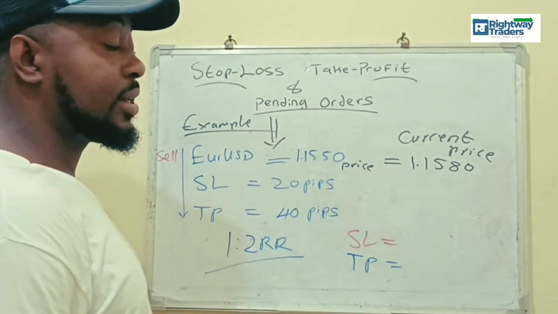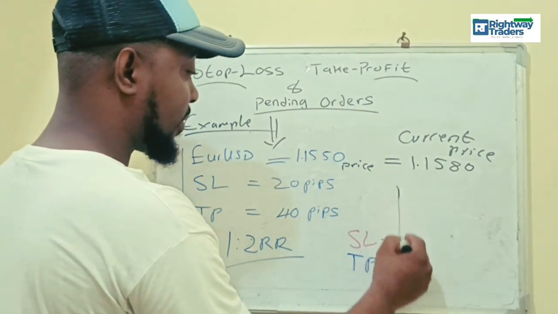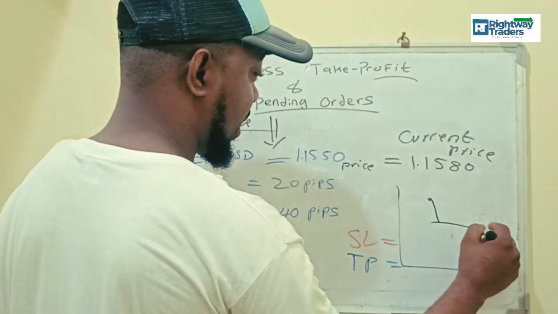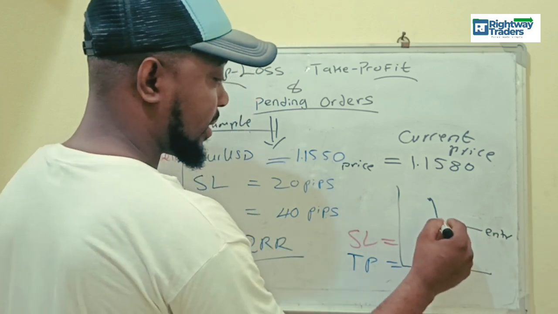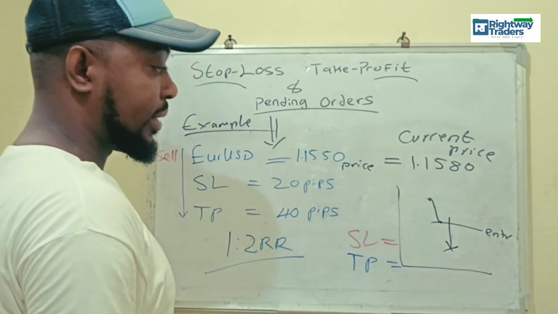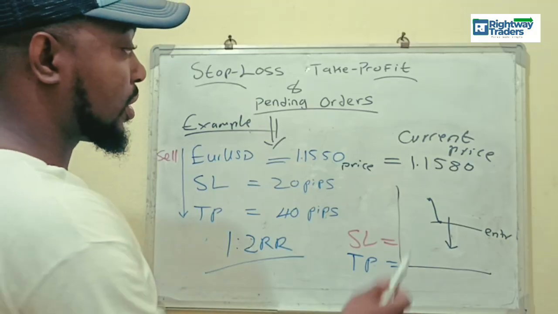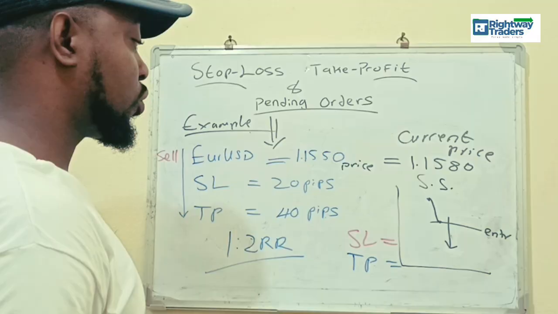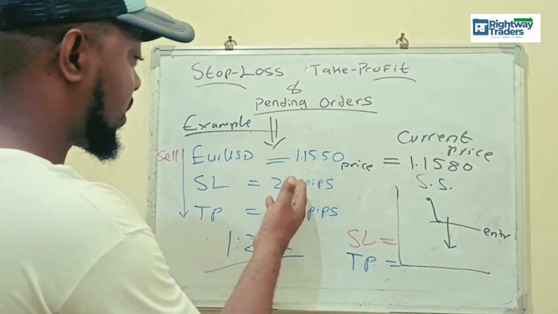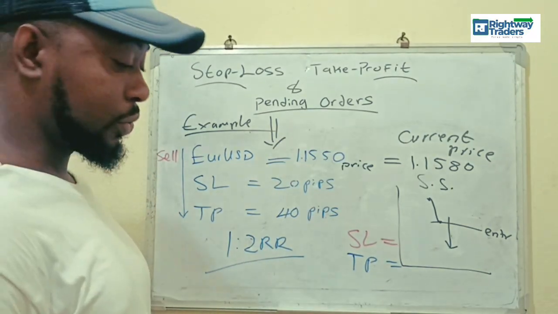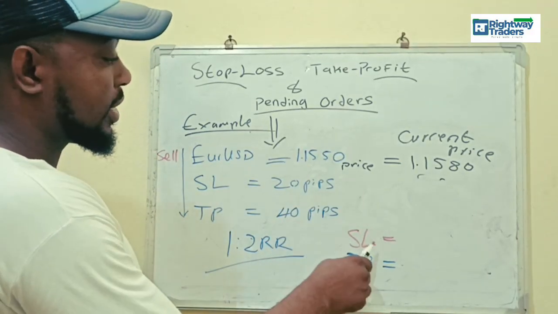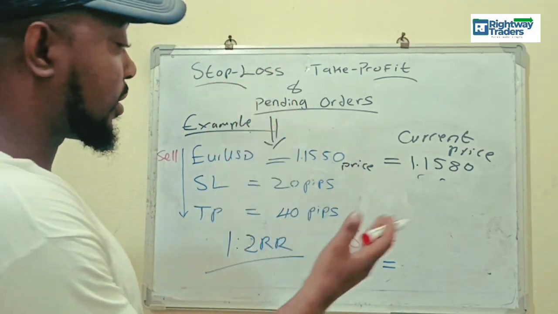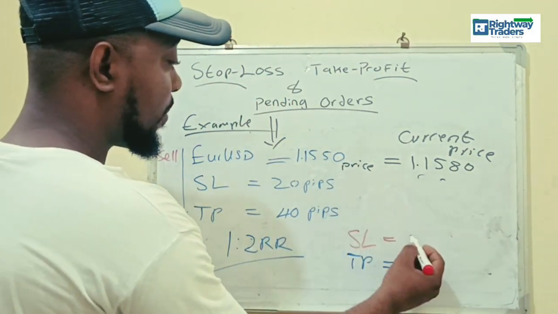You're supposed to use the sell stop order. Sell stop order right now, you are telling the trade that at your current price, once you get down, please trigger my entry at the sell stop here and continue to go down. That's sell stop order. So because price is higher, I use a sell stop order on this position. So what will be your stop loss and your take profit in 20 pips and 40 pips, which is 1:2 risk reward ratio. Now in this case, because you are selling, your stop loss is going to be higher. So if price goes higher, it means it will take you out if it goes by 20 pips. So your stop loss in price will be